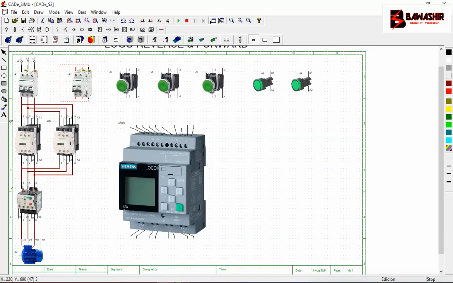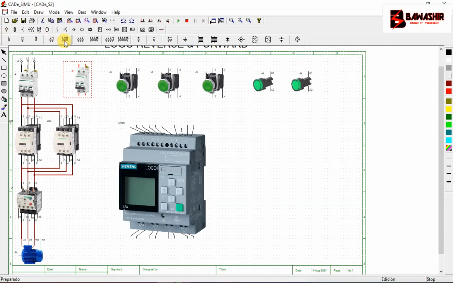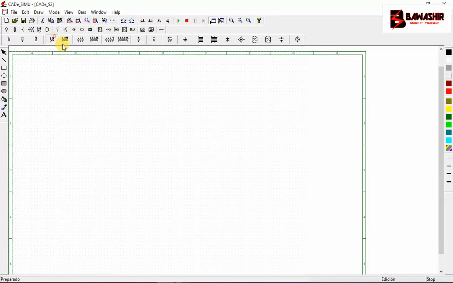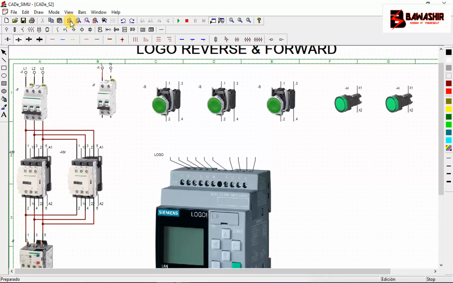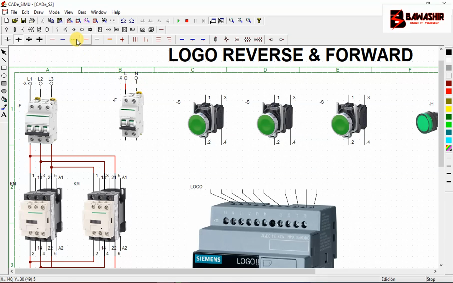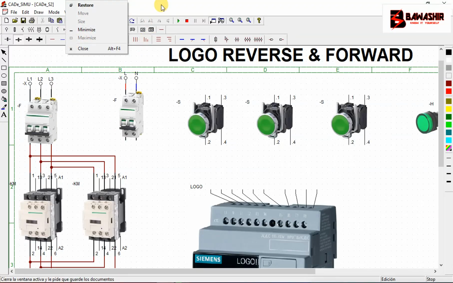Like that, and we shall give it some live and neutral supply. That is live and that is neutral. Let me zoom a bit. So this is neutral here. So now again our live, that's the neutral cable. I'm going to get a live cable,